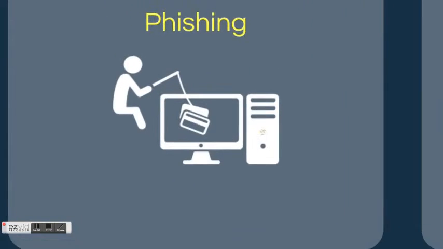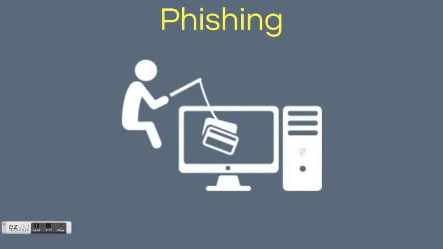Next, phishing is the attempt to acquire sensitive information. One may receive emails from someone pretending to be someone you already know. The emails are designed to trick you into giving away personal information such as usernames and passwords, credit card details, and more. This is an example of a phishing email.